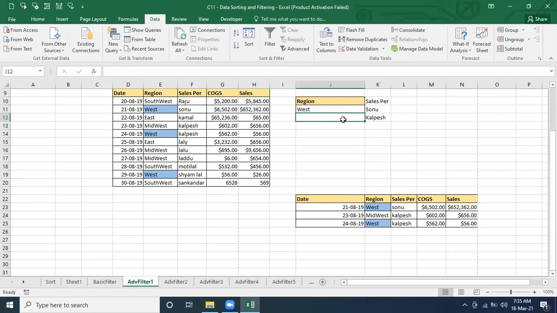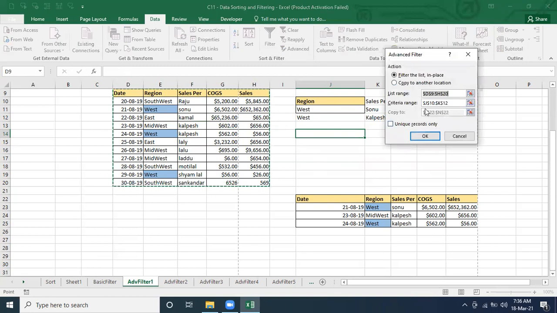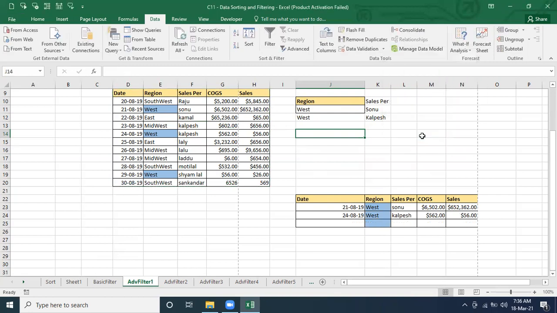So we have to tell it, for the second level, that it should not be from any region. Here we have not mentioned it, so it understands Kalpesh from any region. There are two Kalpesh records, from the Midwest and West. If you want to restrict, you have to do it here also. Then you have to apply. I'm going to apply the same things now, and we are going to test.